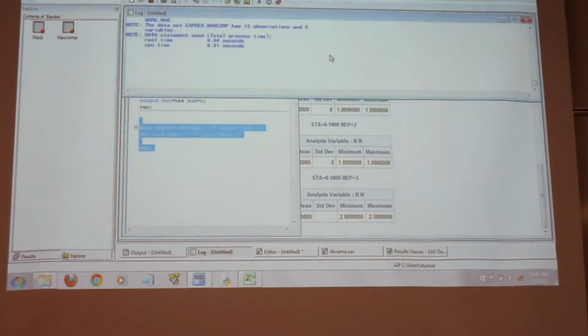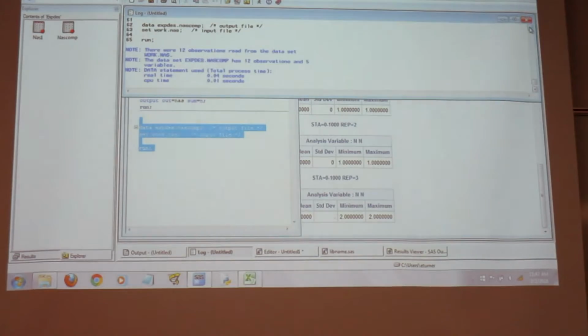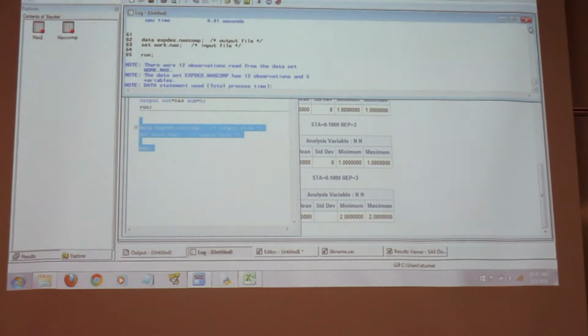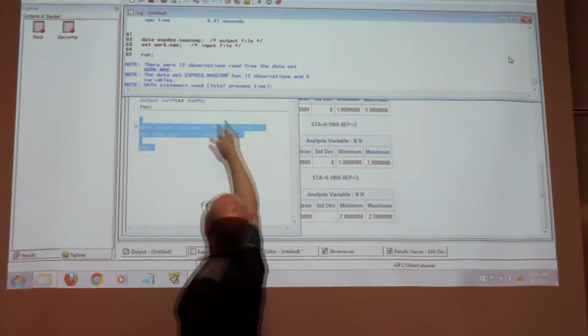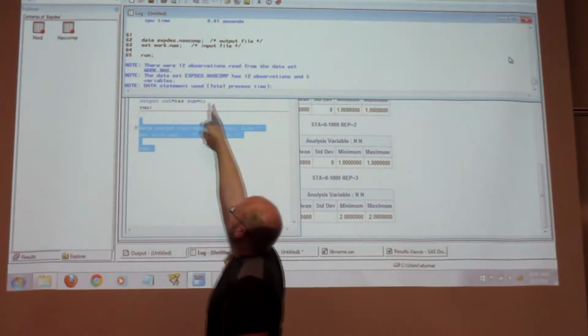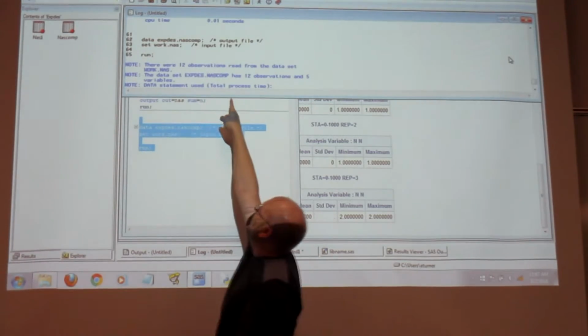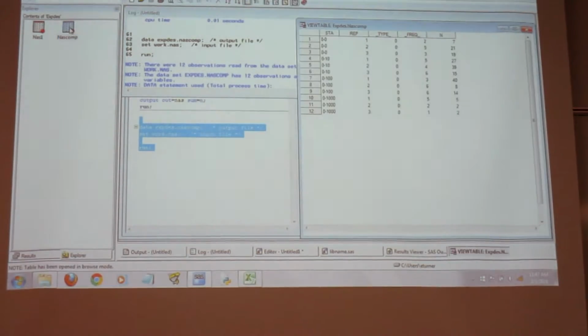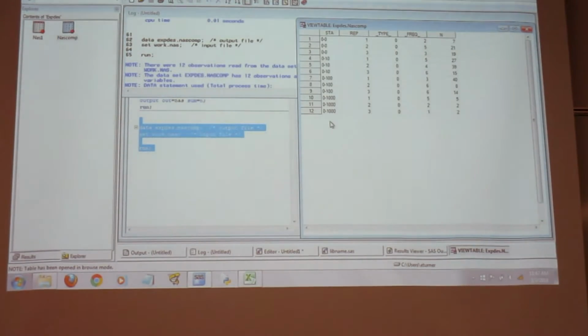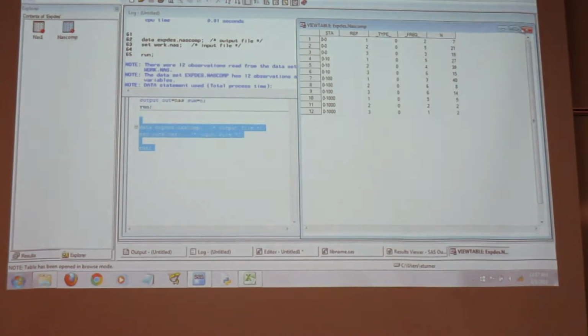Okay. So now I've executed that, and it said 12 observations read from my work.nas, and now 12 observations in my experimental design.nas comp. Okay, just made a straight copy. So if I look it up, then that's there. Okay, that's how you copy files.